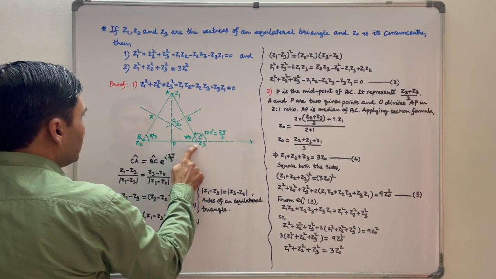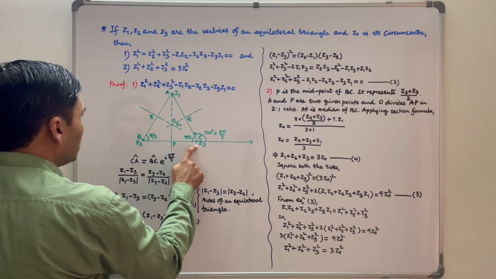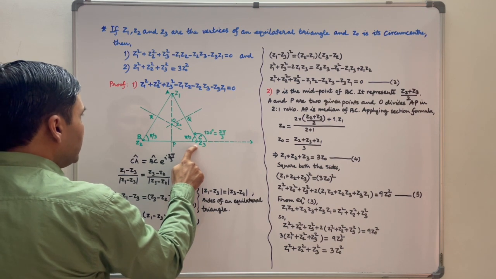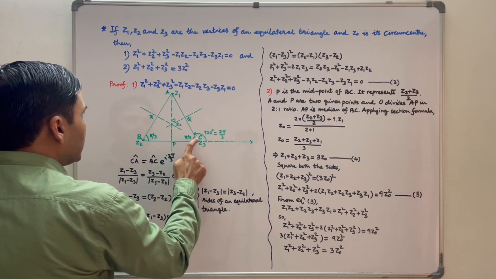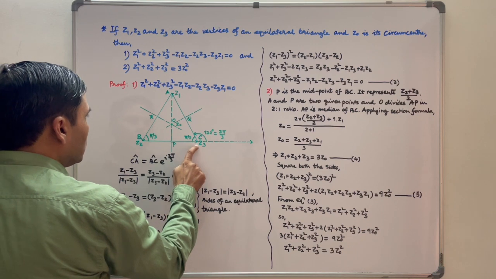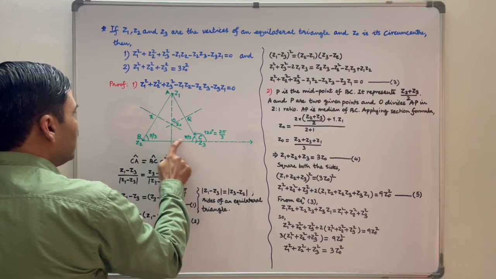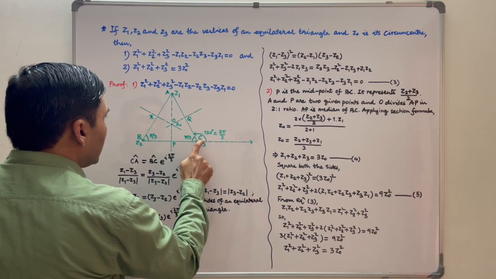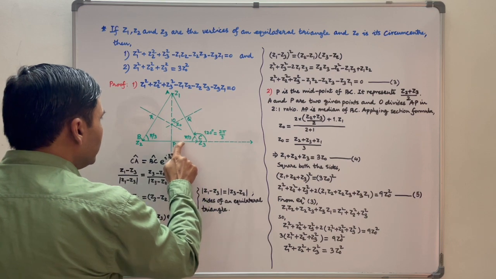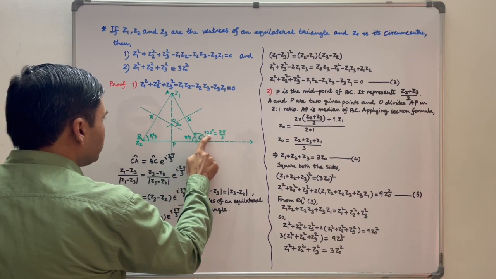In physics, we have studied that to get the angle between two vectors, the vectors should be connected either head to head or tail to tail. If that is not the case, we should extend one vector. Here vector BC and vector CA are connected head to tail. So we need to extend one vector. Let us extend vector BC. Now they are connected tail to tail, and the angle between them is 180 degrees minus 60 degrees. So that is 120 degrees.